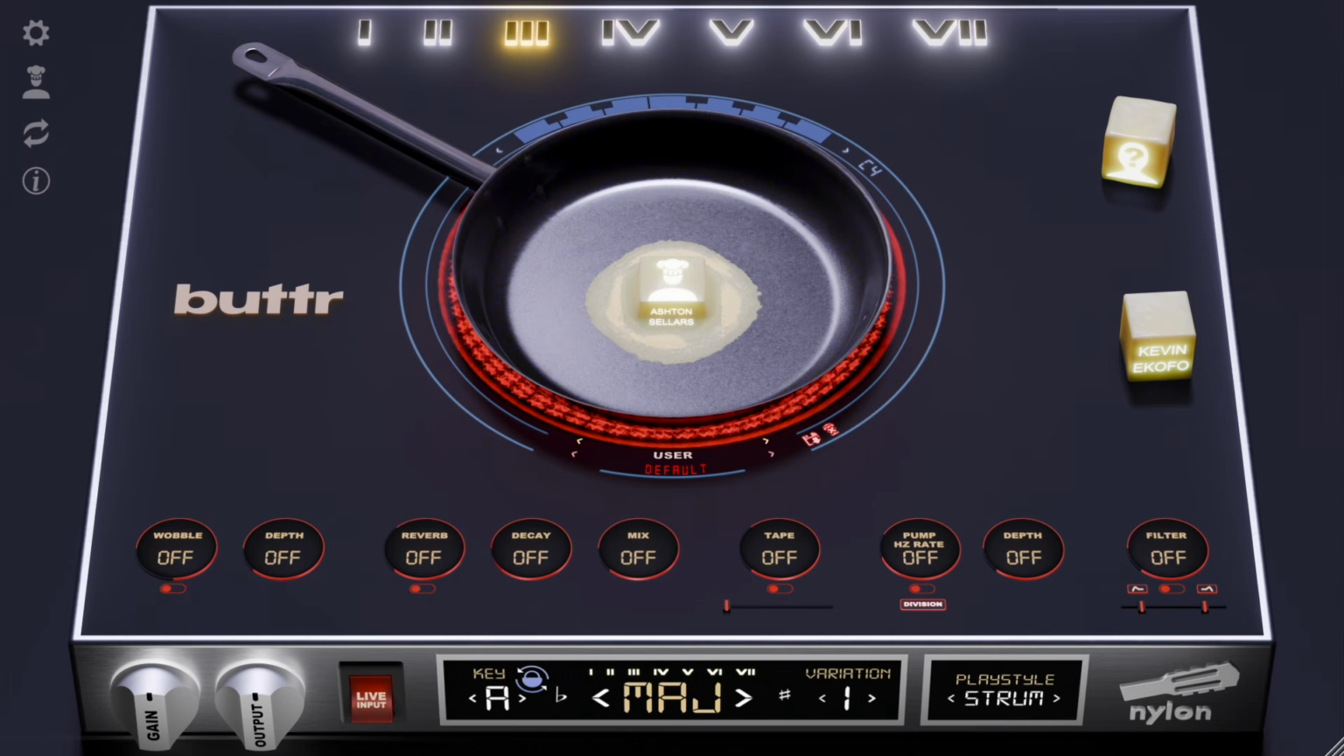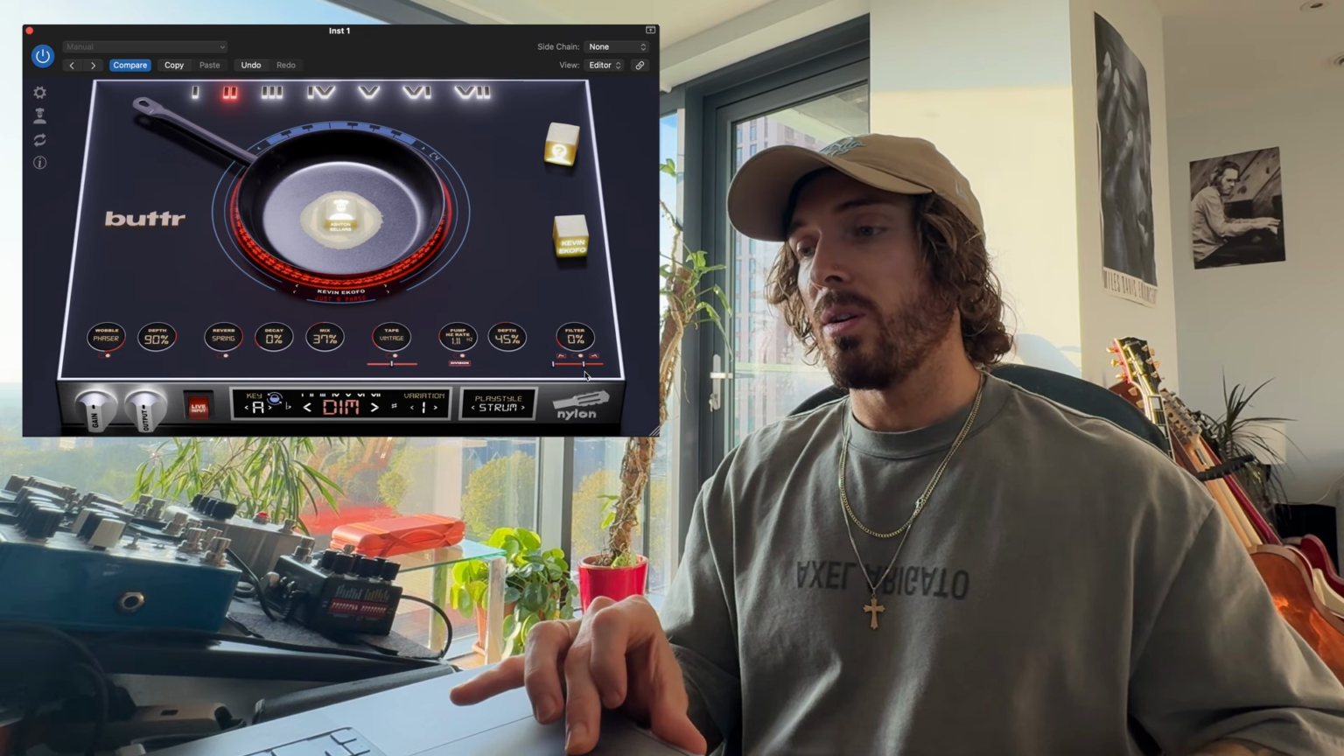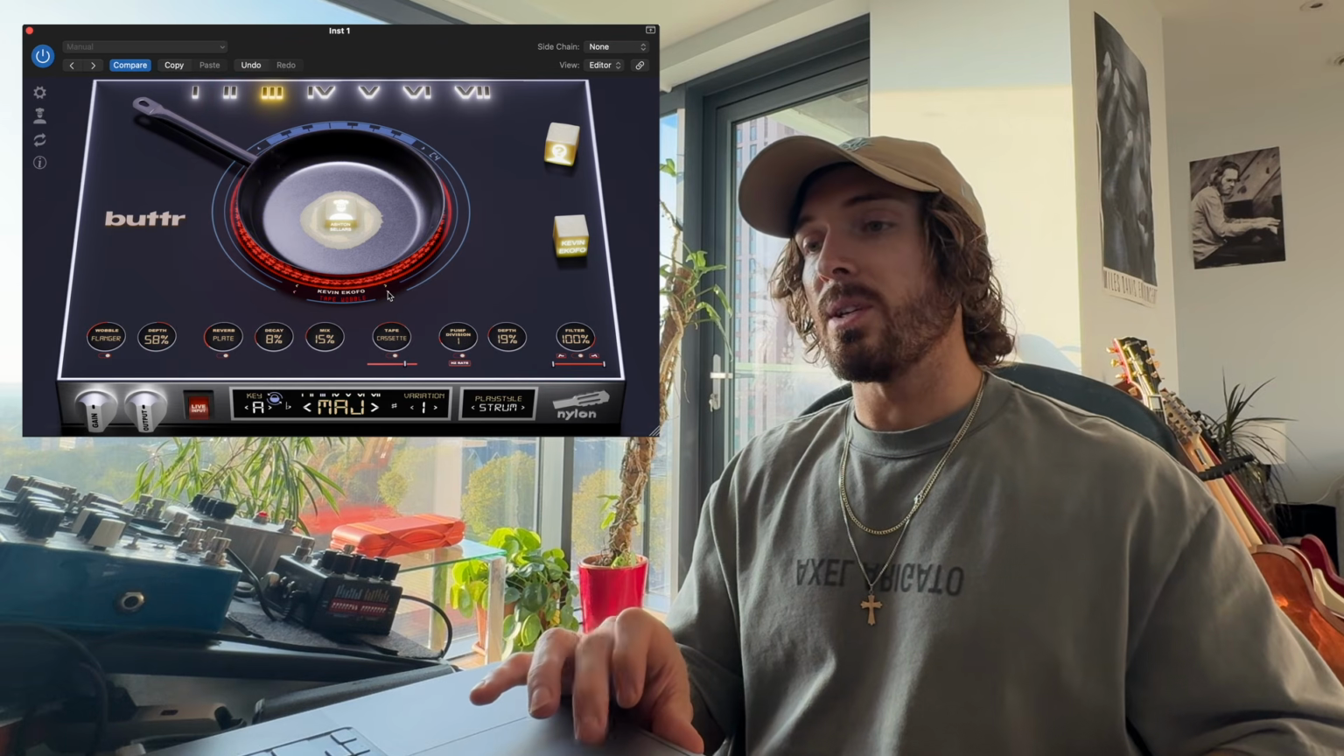Here you have all the effects, and right here you have all the effects presets. So I'm just gonna go into some of Kofo's presets. It's like using the phase and some spring reverb, a little bit of tape saturation, a little bit of pump, which is almost like a side chain. And you could put a filter on it. You have plenty of effects presets to